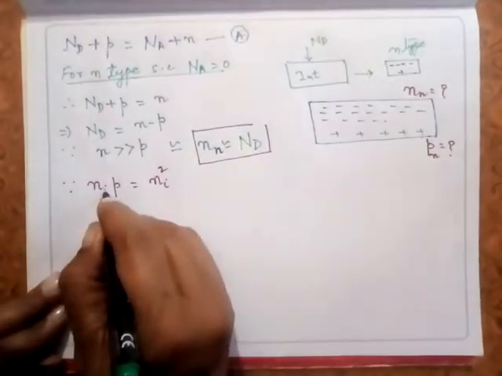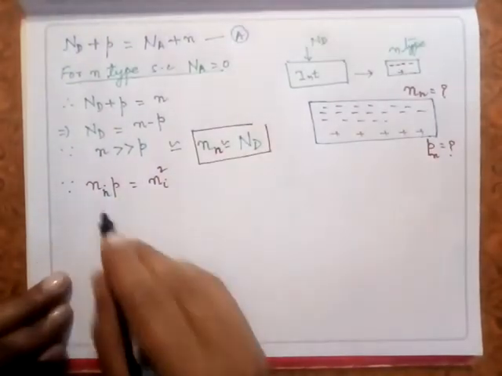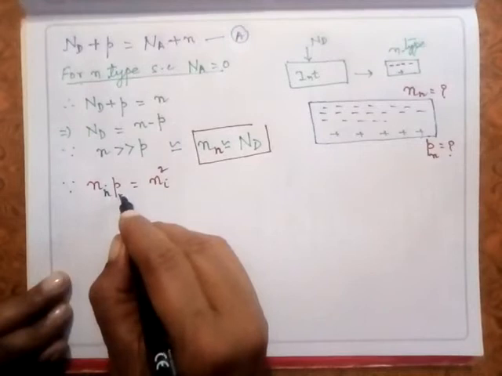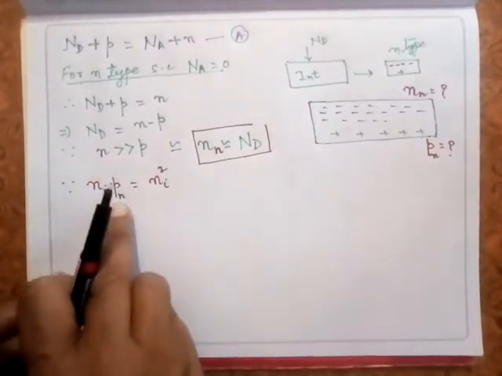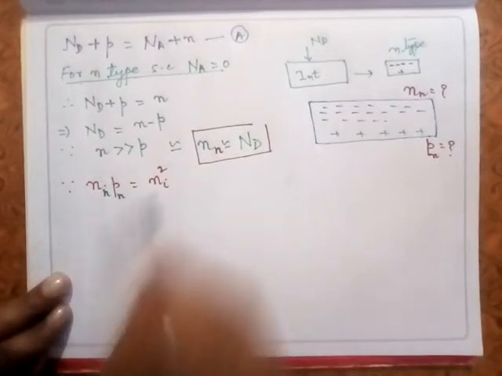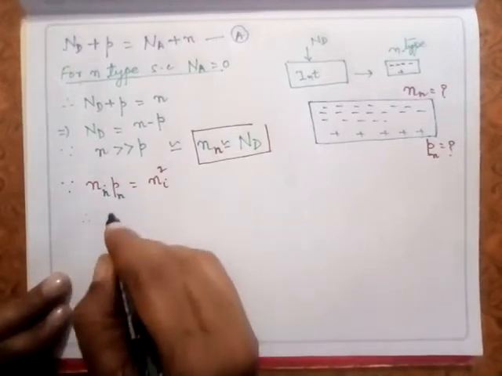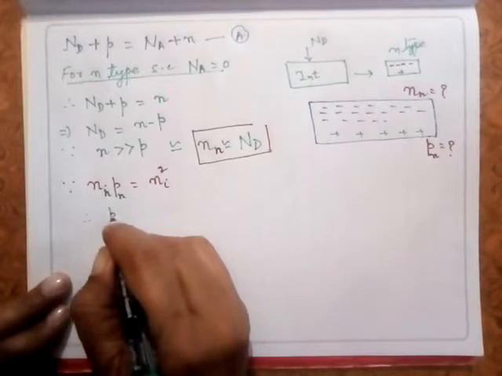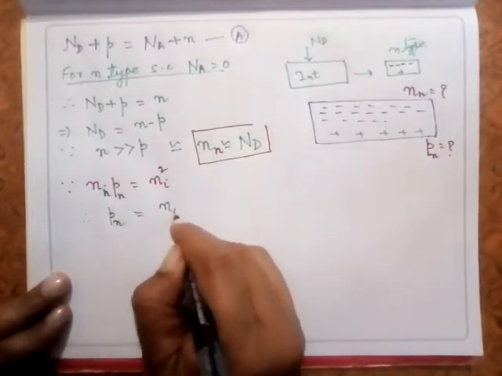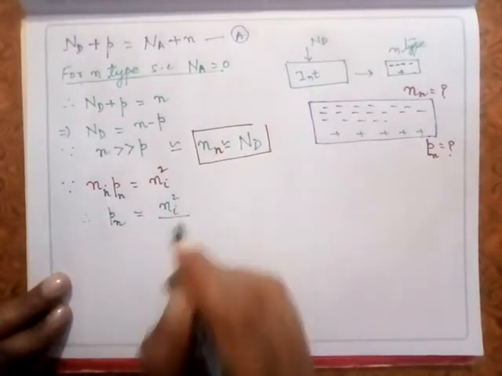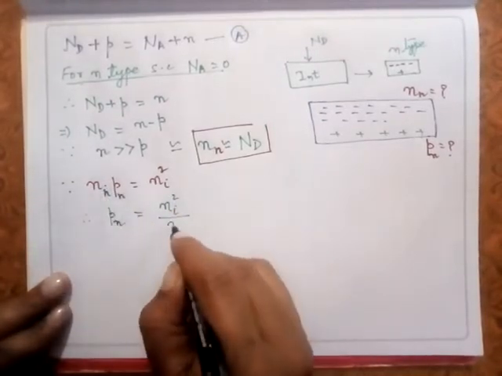So the product of electron concentration and hole concentration in n-type semiconductor is equal to ni squared. From here I can say that the number of holes, which is the minority charge carriers, is equal to ni squared upon